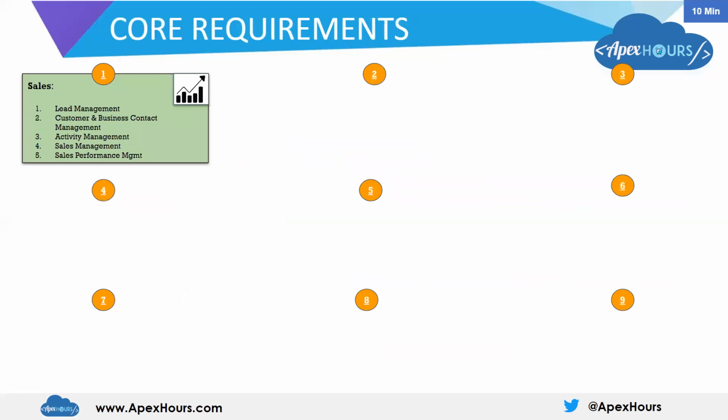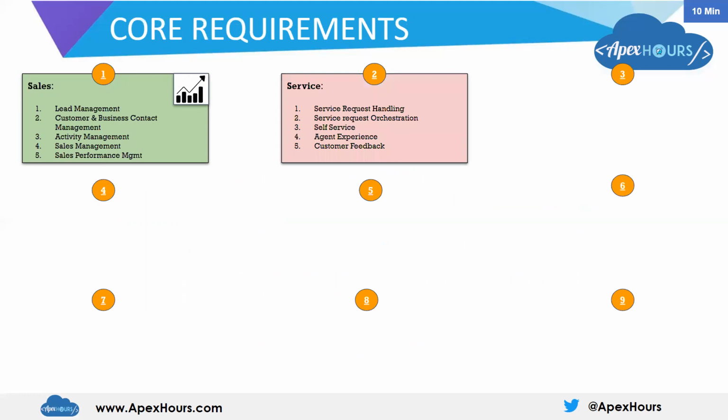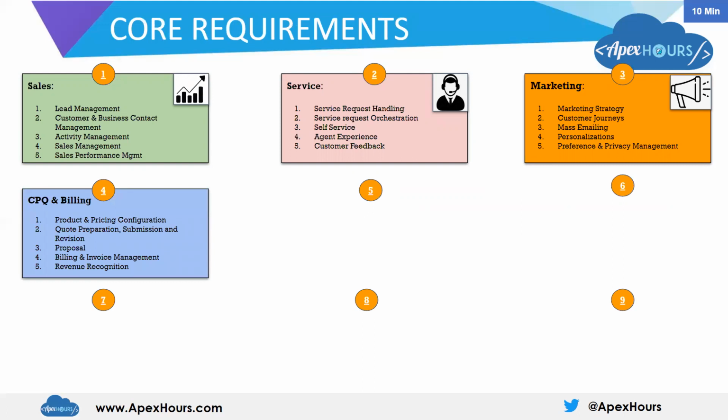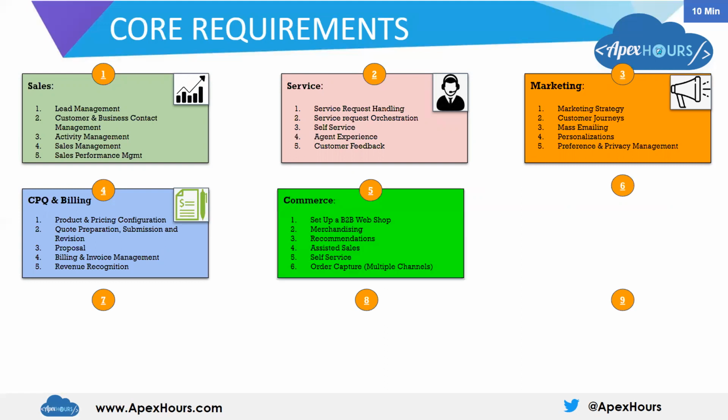Okay, with that, let's quickly jump into the requirements. Yeah, and this is essentially a summary of the core requirements, right? There are far more minor requirements which are also part of this, but those are not covered due to limited time today. Practically speaking, there will be hundreds of requirements per capability, right? We cannot talk about everything in 45, 50 minutes, but this is a summary of the very high level business capabilities